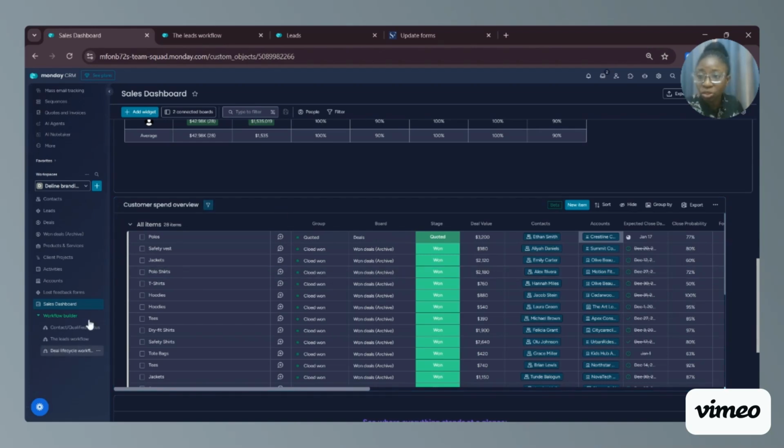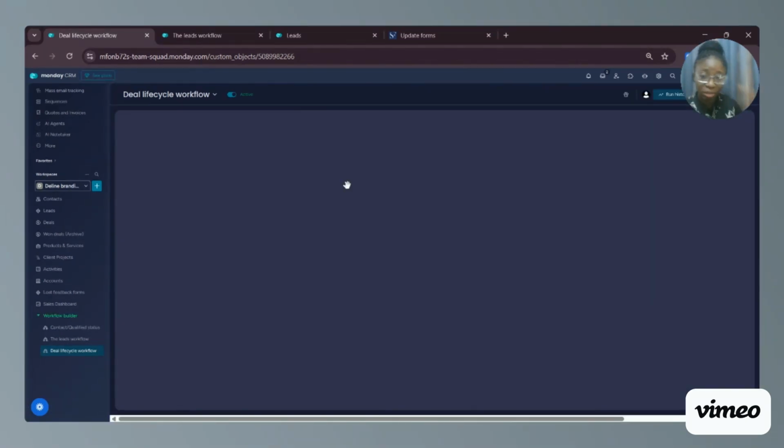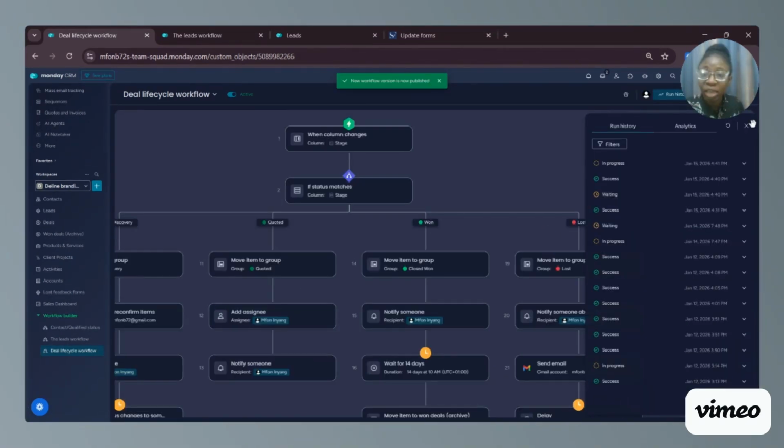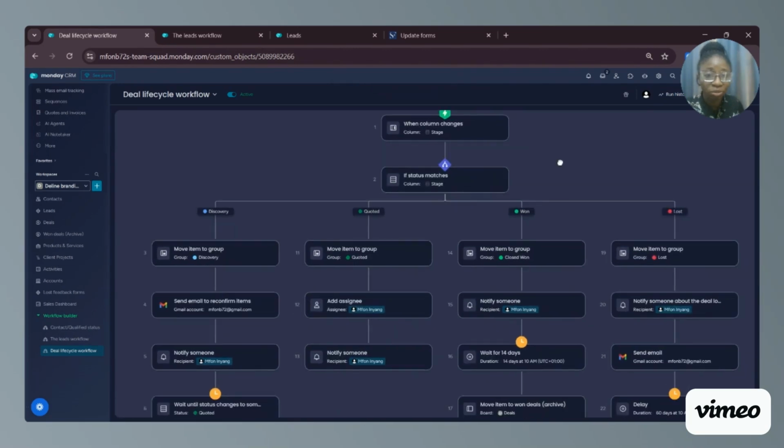So this is basically a workflow that I set up for a client. I just use this as a demo to show how everything is being done. So if you have any challenge, if you have any pain point